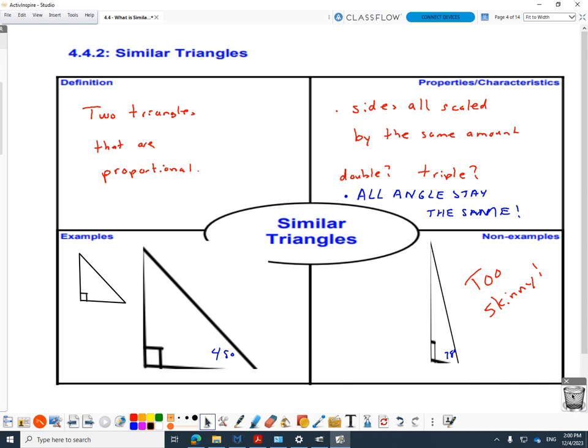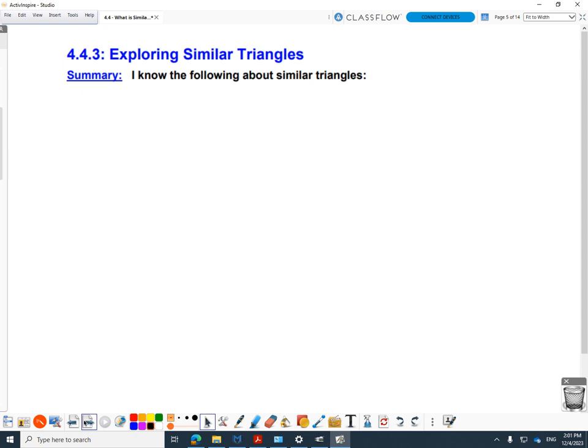All right, now I promised we were doing this all together. So what I want you to do, there's three on the next page. This was supposed to be a homework thing or an investigation, but we're going to do it together. Do you need more time here? Did you get down all angles are the same? I want you to take,